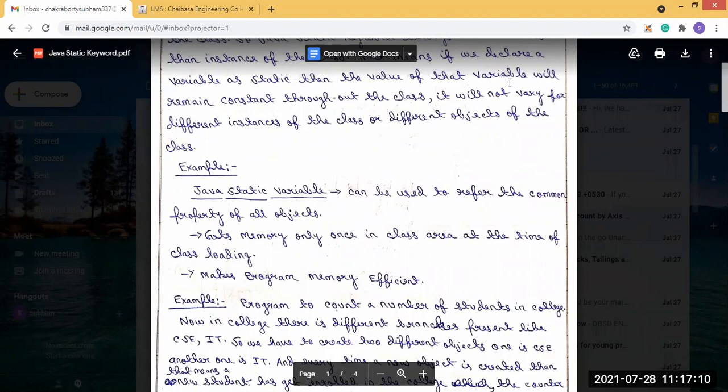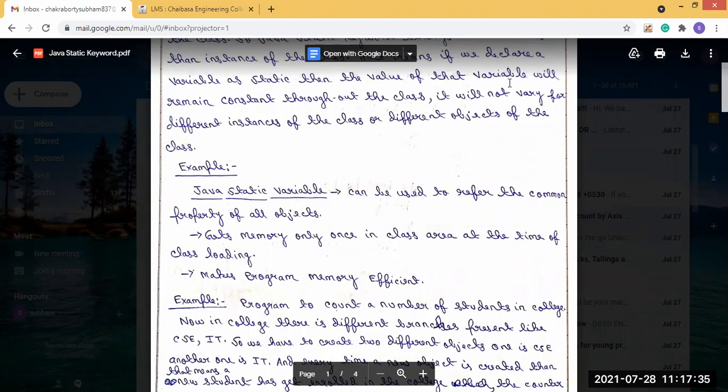So we have to create two different objects, one for CSE and one for IT.